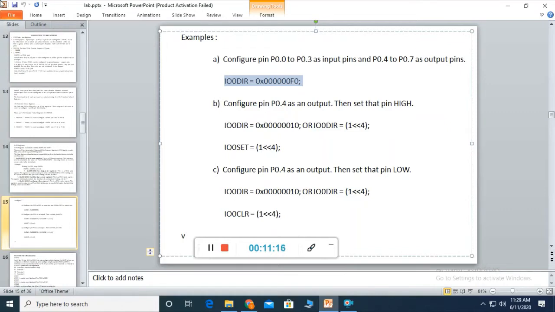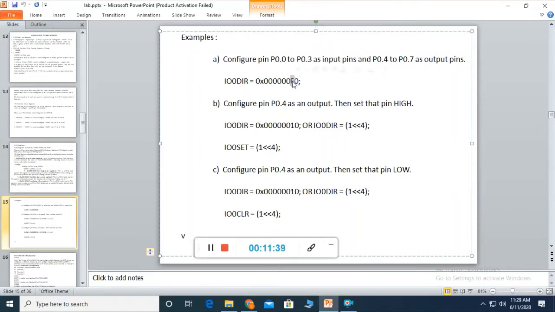So for example, we want to set pins 0, 1, 2, 3 as 0. If you expand this, this 0 represents pin numbers 0, 1, 2, 3. So they are set as input by clearing those pins.